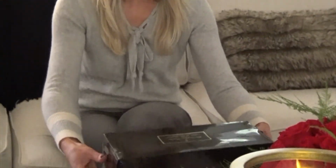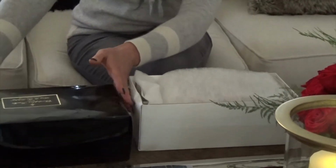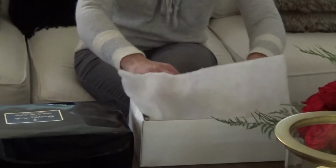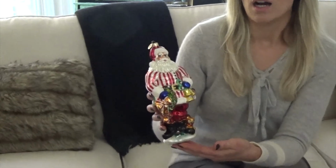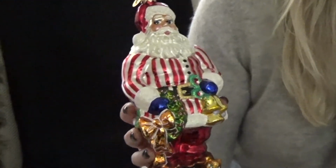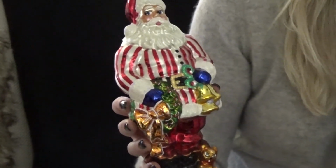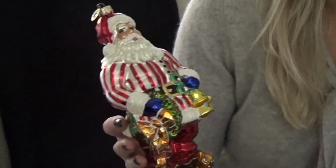And for this year's theme, I decided to do something a bit more formal. I have a client that moved out of state that gifted me these beautiful Christopher Radko ornaments. And if you're familiar with Christopher Radko, his ornaments are very, very colorful. They're often oversized and they're very detailed and elaborate. Our Christmas tree is in this room, so I knew that the mantle had to have the same color scheme as the tree would, and it took me a minute to come up with something that would match all these colors. So I decided to do